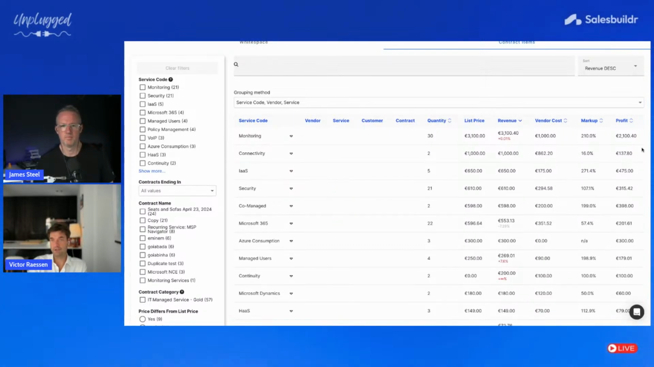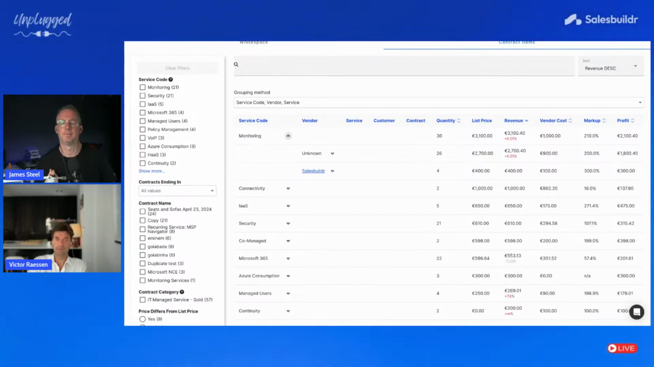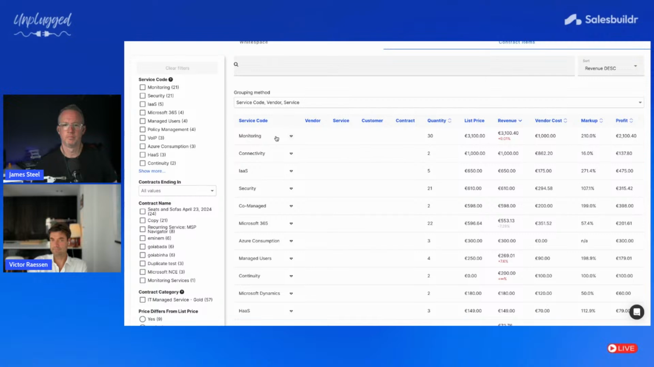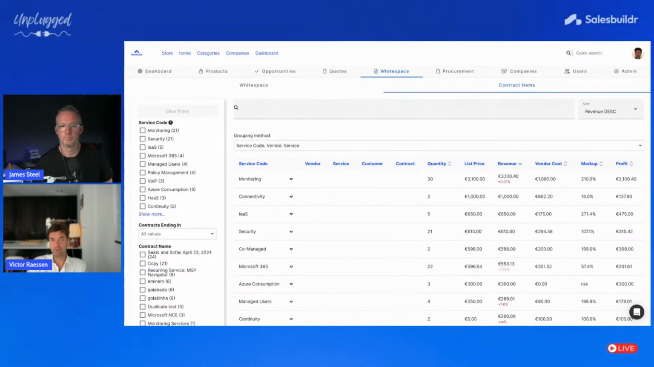So this way you can see that the most profitable category here, in this context, is monitoring. Those categories are synced with the PSA. They're ones that you create in the PSA first, because those services roll up into a service code, which is like a category. I think this is fantastic for figuring out high performers and low performers, and then what to do with